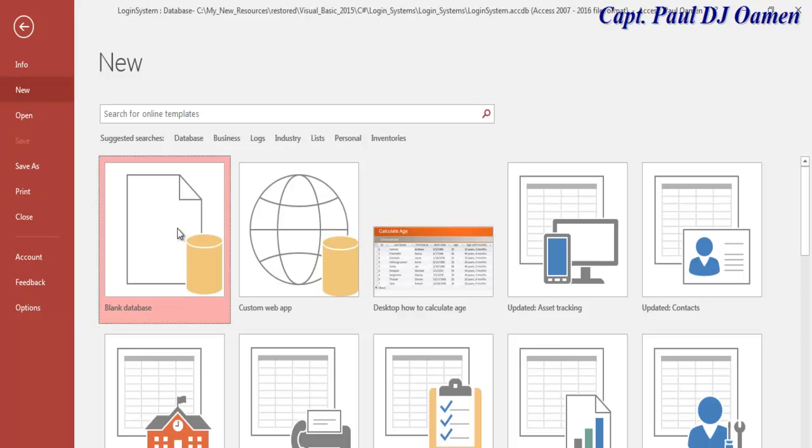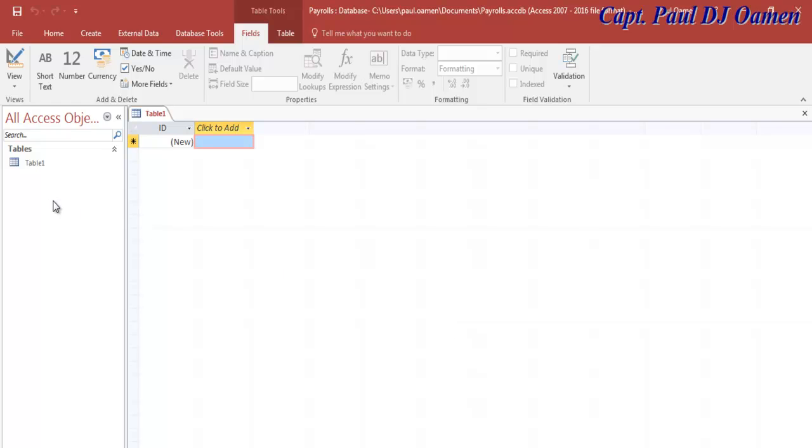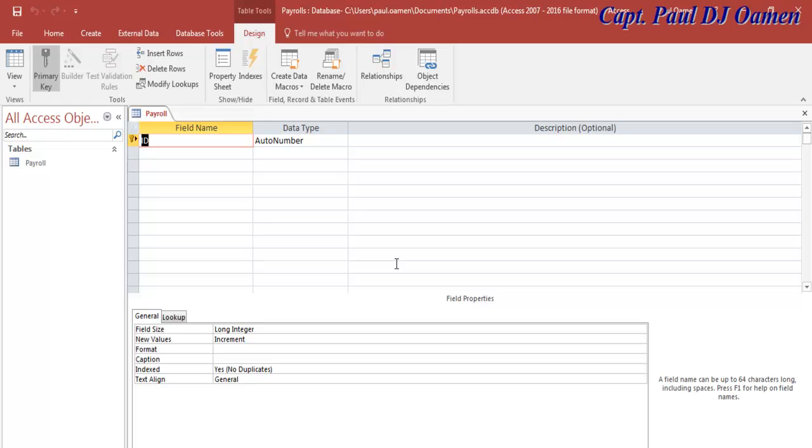So let's start by clicking on the blank database and call that payroll. Alright, so click on create. There we go. So let's click on design. Now I'm going to call it payroll. Now the first field in there is going to be, let's refer to it as reference number,